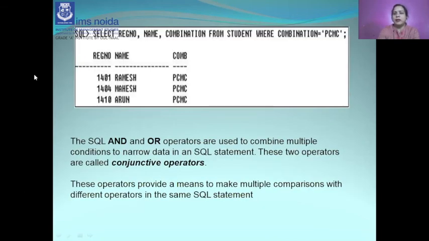Another example, here we are doing a comparison. SELECT registration number, name, combination FROM student WHERE combination = PCMC. So registration number, name and the combination, and we want to display only those records for the students who opted for PCMC.